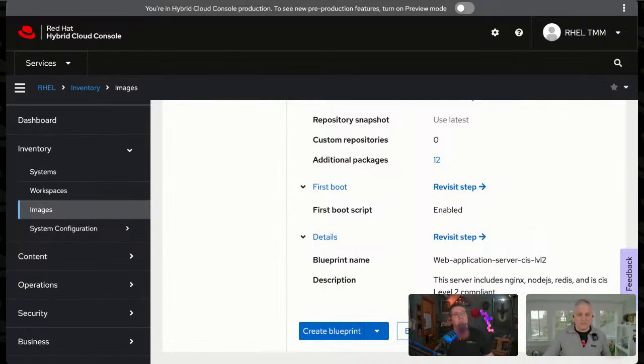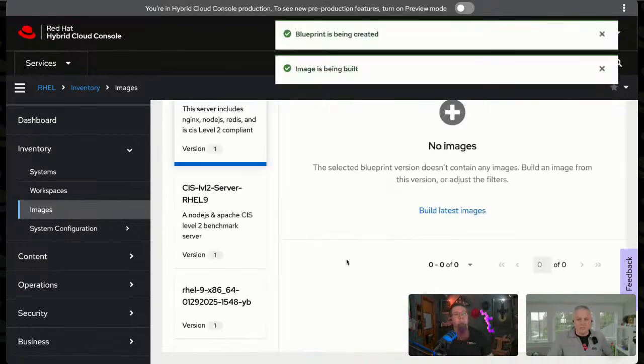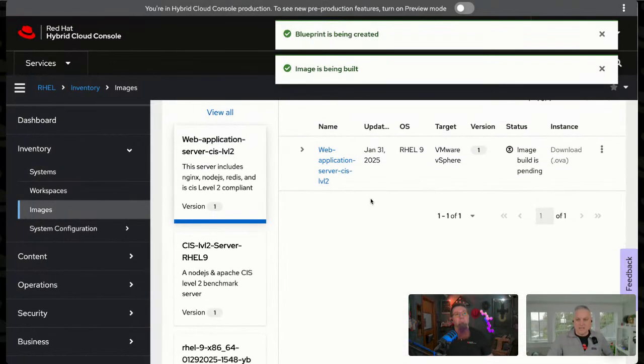So it used to be that you have to click the create blueprint button and then go over to the other thing and say, make this image. Now, if you use that little blue toggle pull down, there's an option to combine them. Create the blueprint and build an image. And so here's my image building